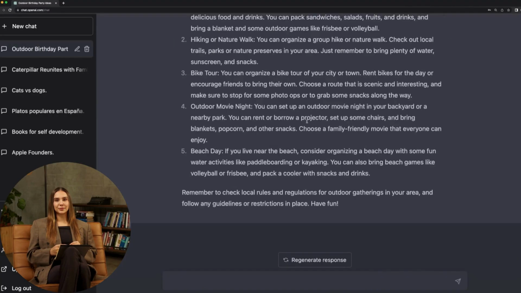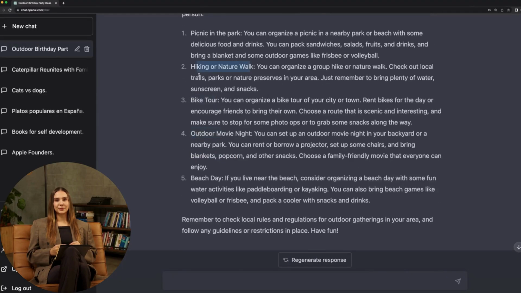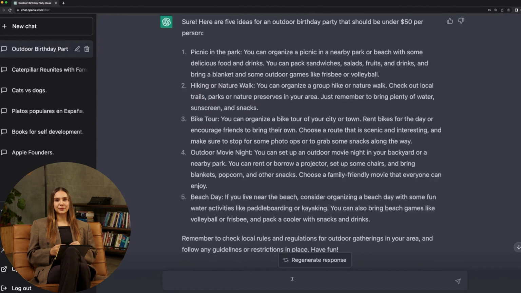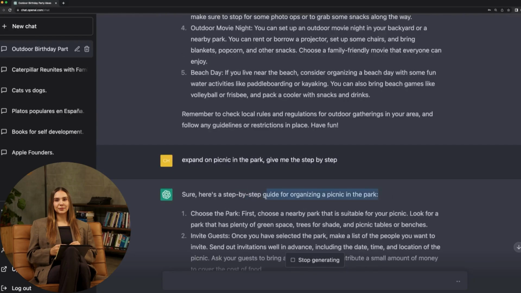So bam, now it's given us 5 good ideas. We have beach day, outdoor movie night, bike tour, hike, or picnic in the park. So I think those are really good ideas. Let's say we want to have it talk more about one of those. We can say something like expand on picnic in the park. Let's say, give me these step by step. Okay, so now it's gonna give us a step-by-step guide for organizing a picnic in the park, which I think